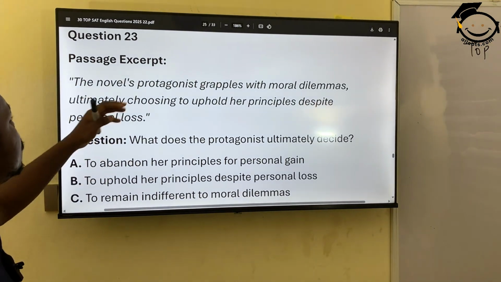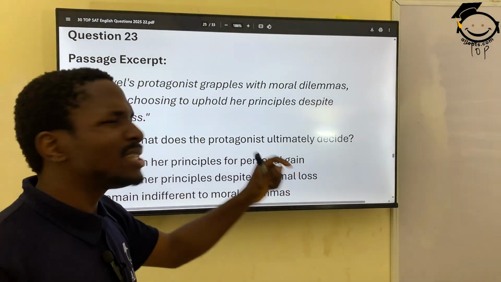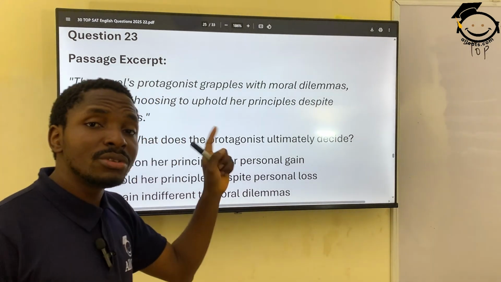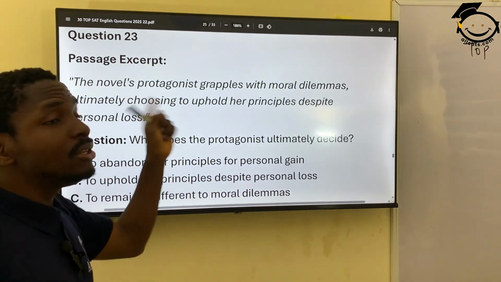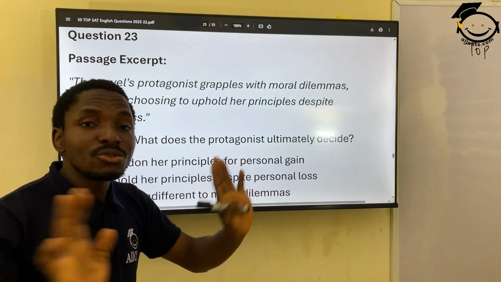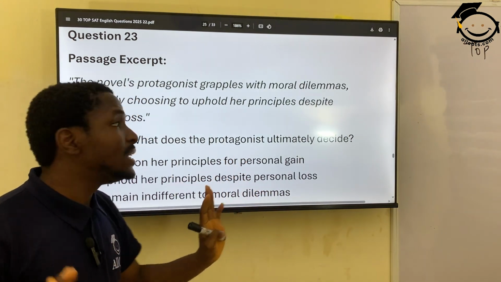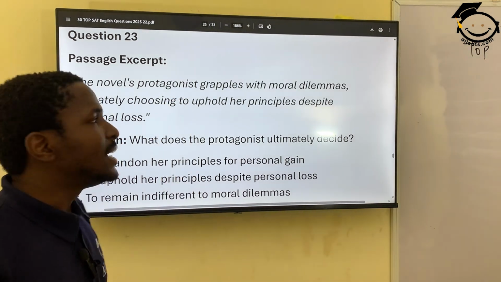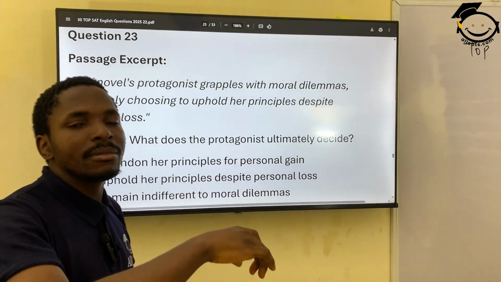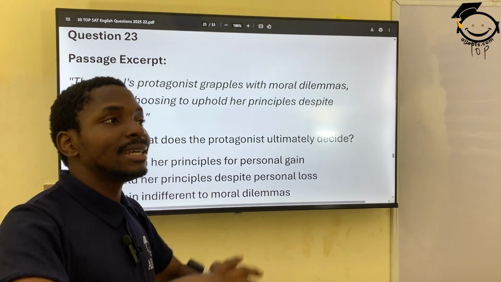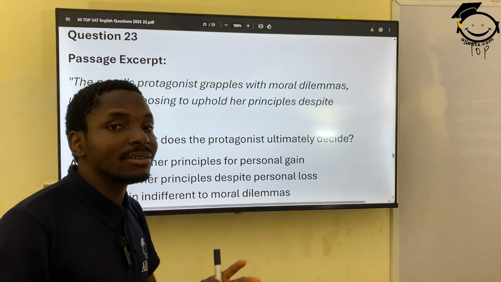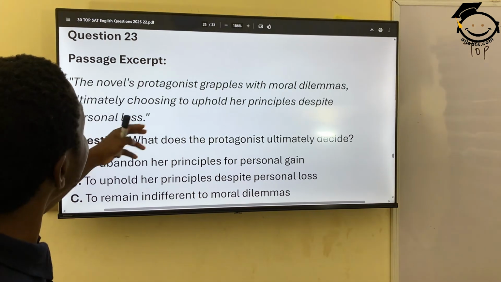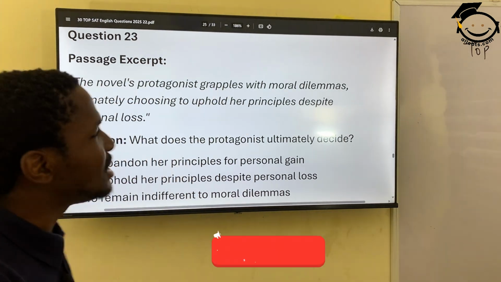We have the excerpt here. The novel's protagonist. What is protagonist? Like I said, if you don't know the meaning of some grammatical words, you will not be able to answer English. That is the challenge. Okay, so you need to know the meaning of a protagonist. It is the major character in a play, in a book, in a writing. So the novel's protagonist grapples. Tells us that